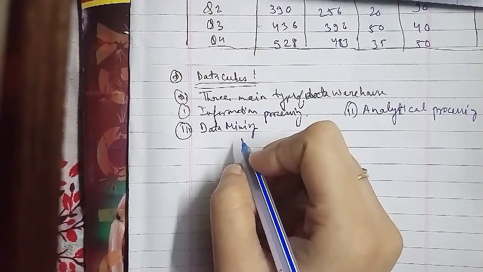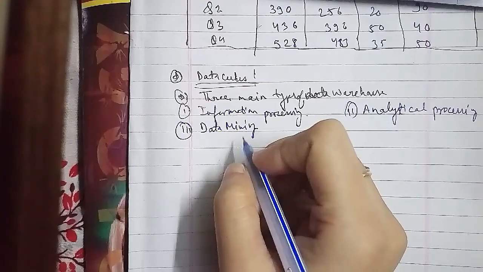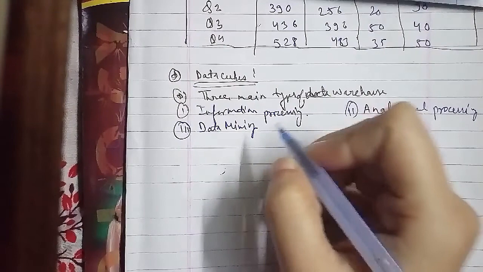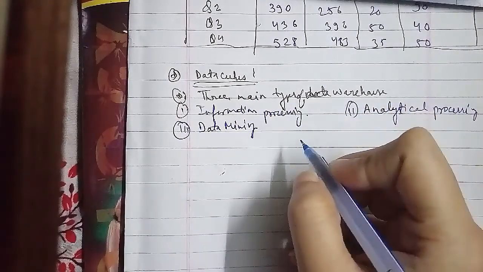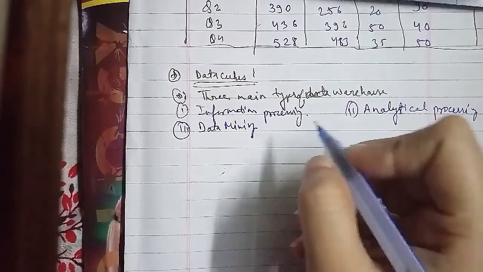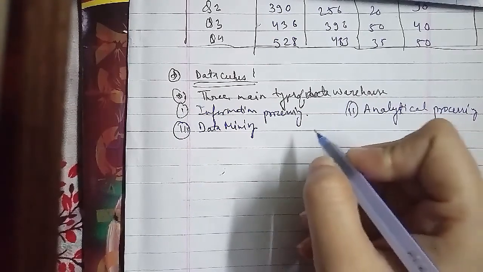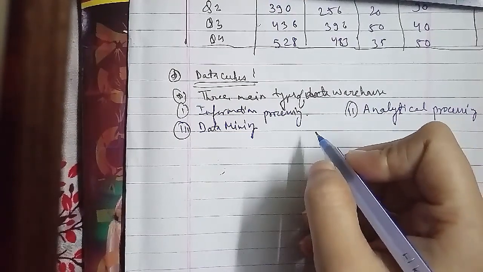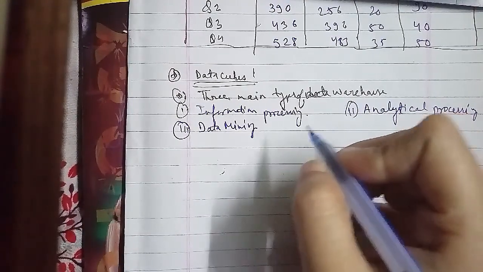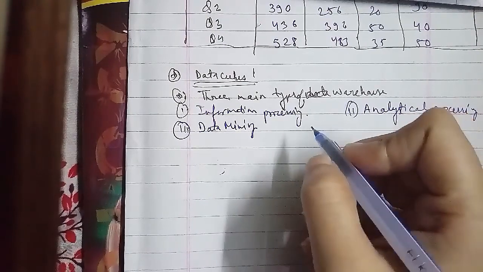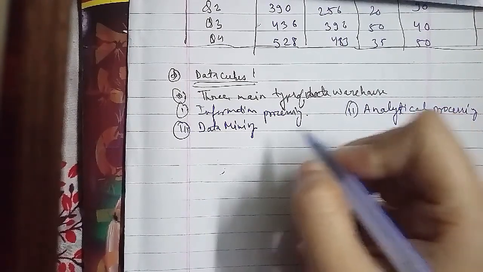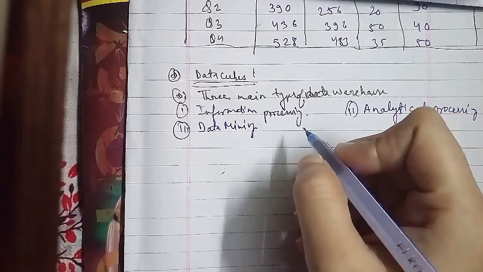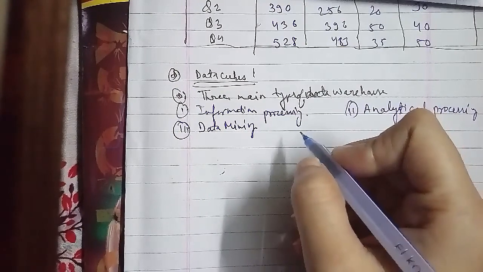In data mining, it helps in the discovery of hidden patterns and associations, and in constructing analytical models that perform classification and prediction, presenting the mining results using visualization tools as well. Data mining is the process of discovering meaningful new correlations, patterns, and trends by sifting through large amounts of data stored in repositories, using pattern recognition techniques as well as statistical and mathematical techniques.